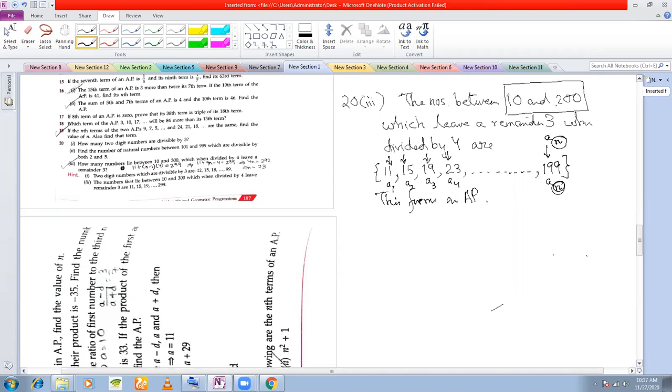Oh, this is 10 and 300. Okay, so if it's 10 and 300, so this should be 299 in fact. Okay, because 296 is divisible by 4 and 297 leaves the remainder 1, 298 leaves the remainder 2, and 299 leaves the remainder 3. So anyway, in either case, we cannot count physically. So that means we have to determine this n. If we can determine this n, then we can determine how many numbers are there between 10 and 300 which leave a remainder 3 when divided by 4. So I say let 299 be the nth term,